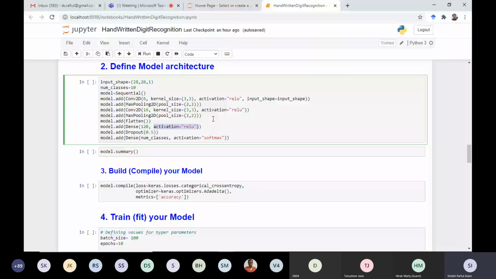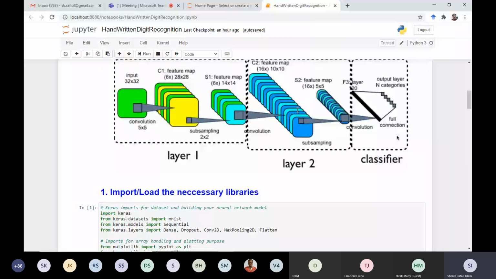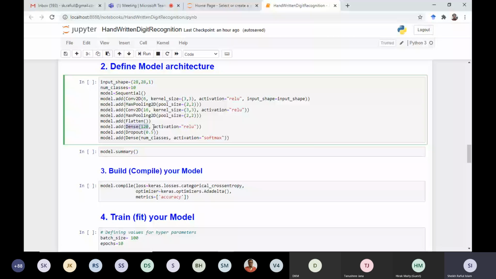Where learnable parameters are involved, there only the role of activation functions comes in. As this dense layer has learnable parameters, weights and biases, those are the learnable parameters. So that's why, again, we need to define some activation functions here. So again, we have considered ReLU as the activation function.